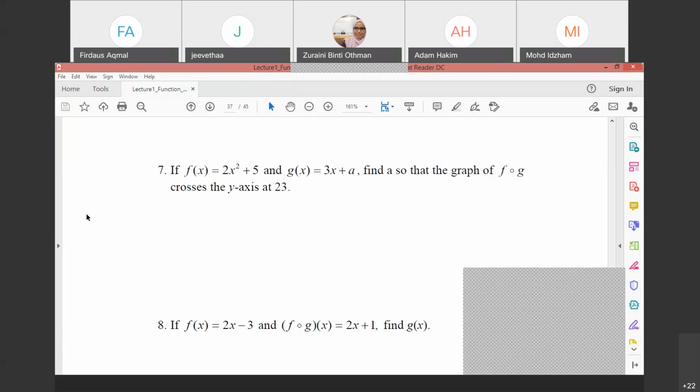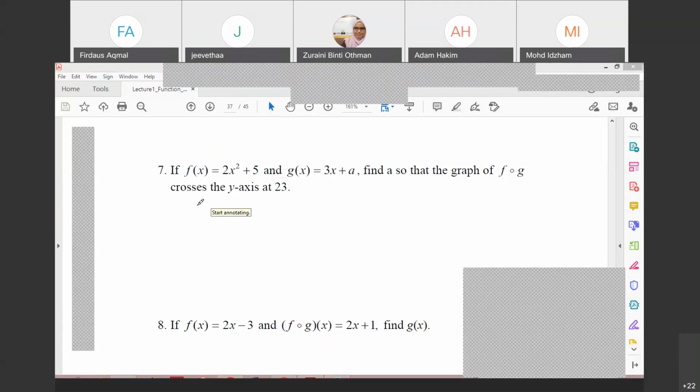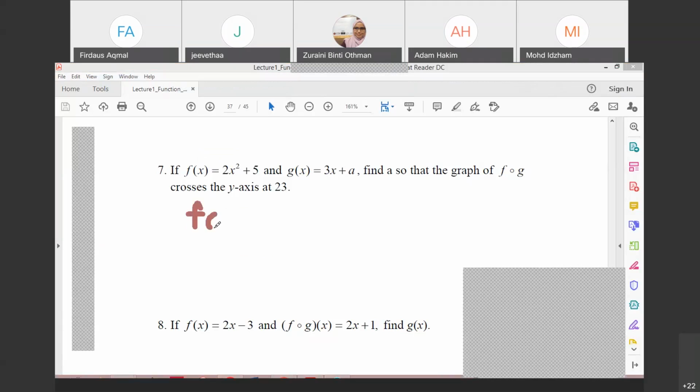Kalau dia cross dekat y sama juga dengan 23, meaning that our x is 0, right? Okay, can we find the y? FGX sama juga dengan 23, betul? So that kalau kita buat FGX sama juga dengan 23, macam Stephen cakap tu, F dalam dia ada G sama juga dengan 23. So sekarang kita ada F dalam dia ada G. Meaning that 2 dalam dia ada GX which is